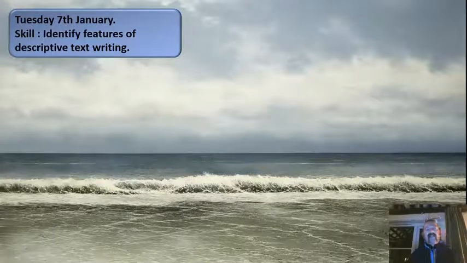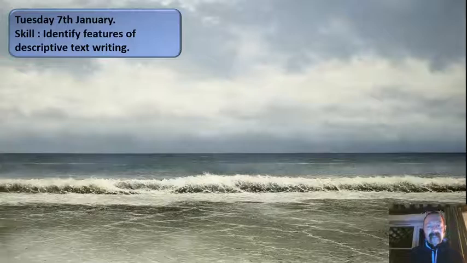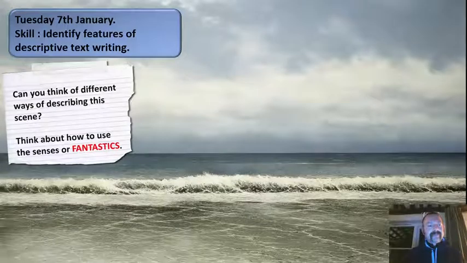Now this week we're also going to be looking at descriptive writing, and we're going to start looking at a new text that I will reveal all tomorrow. Okay, so I'm really excited by that. I want you to start off this morning by thinking of different ways of describing this scene. So you can think about how to use the senses or fantastics.